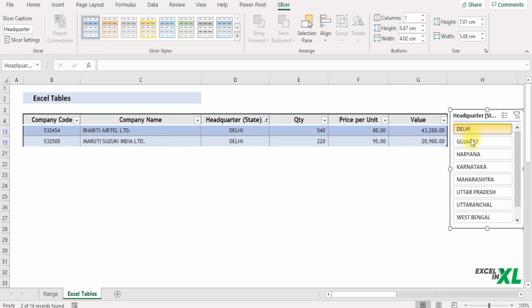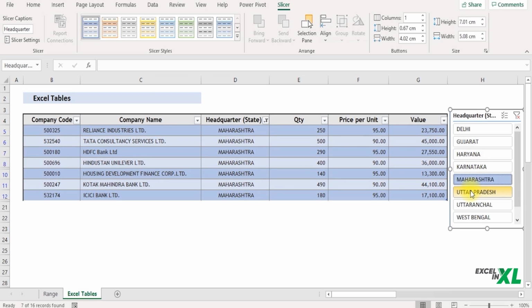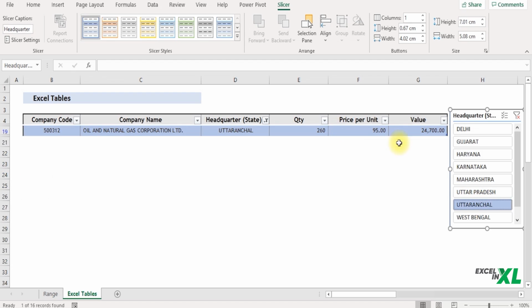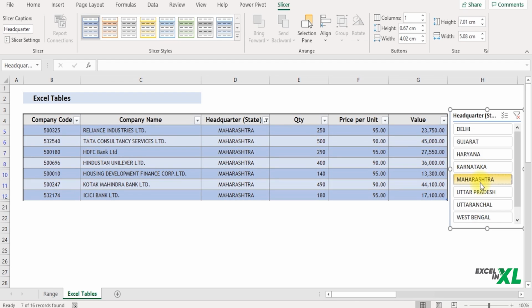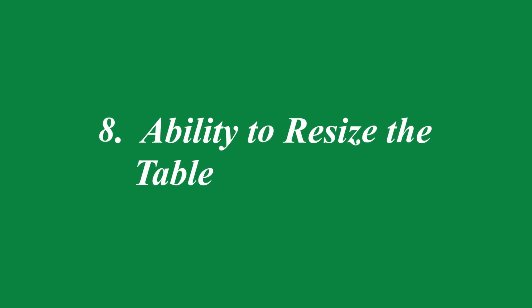Now I can easily select the visual and filter out my data as per my requirement. You can simply select the state you want to filter and alongside you'll be able to view all other options of the particular state. Amazing feature. Moving on, let me clear the filter and delete the slicer.